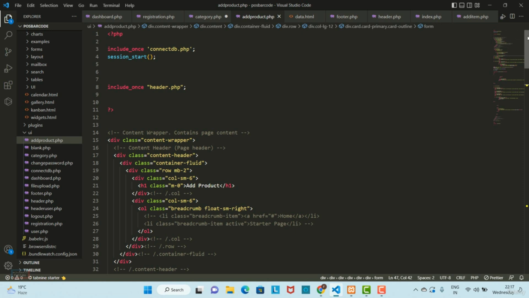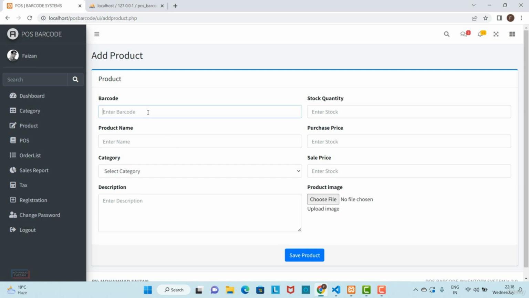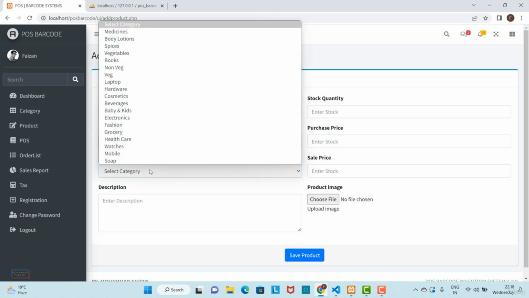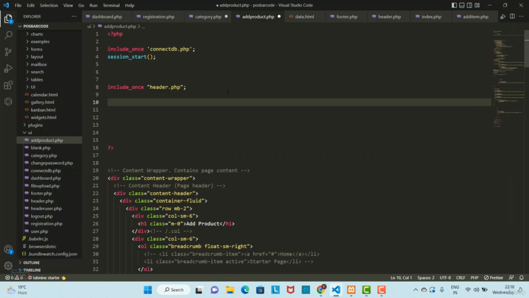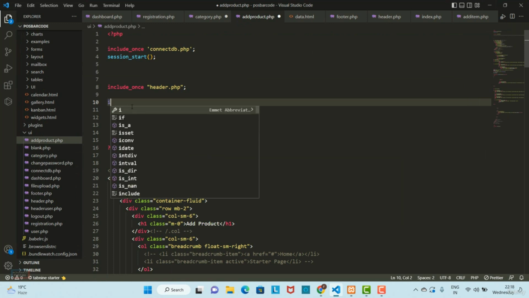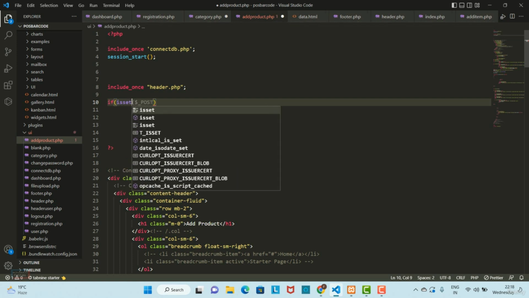What I am going to do in this video is simply write code from here. We are just getting data from the text fields into our new variables. In our browser you can see our text fields, drop down, the description and all the text fields, and choose files. So here I need to write an if condition. Inside the if, I will use the isset method again. I am checking here